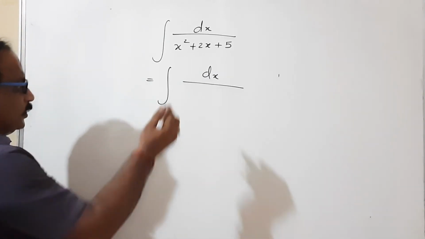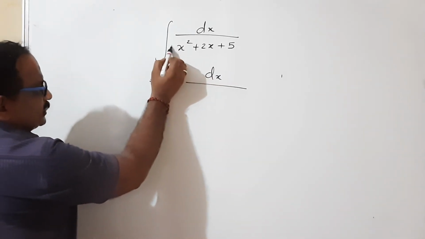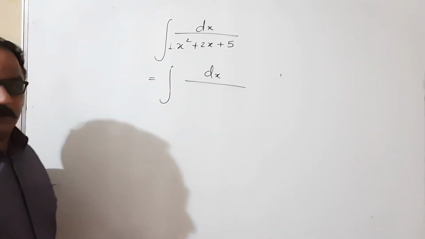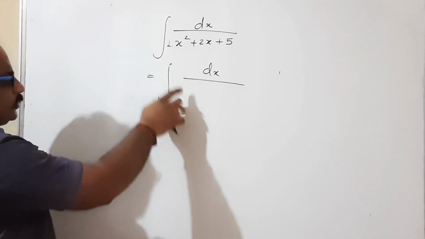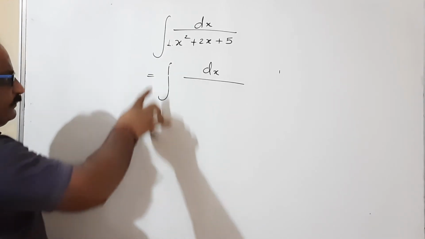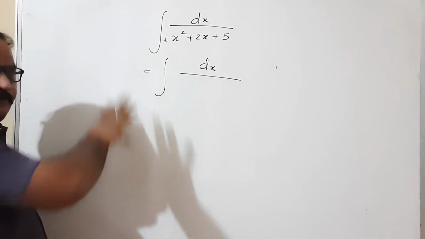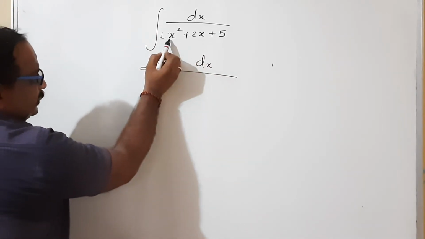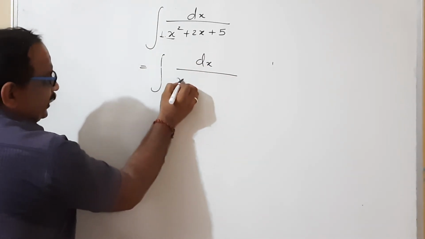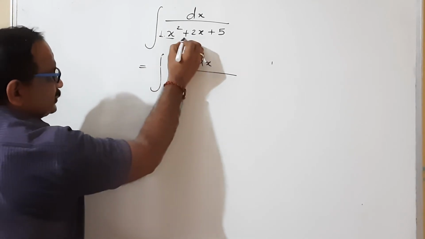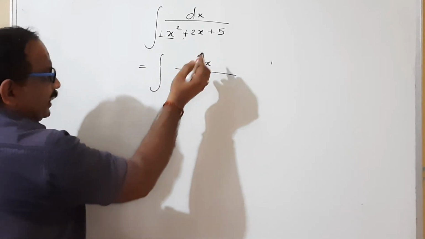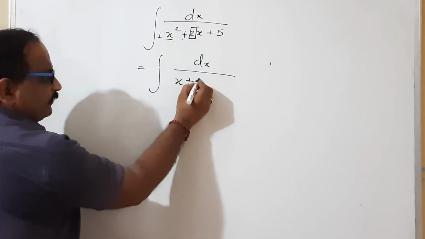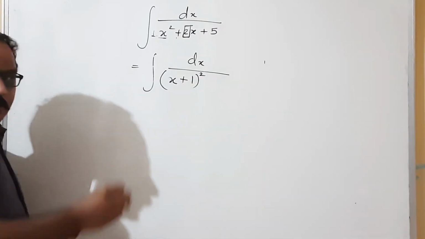How can we do it? The coefficient of x square must be 1 every time. If it is not, then we should take it out. Fortunately in this question it is 1. If it is 2, then I should take 2 outside the frame. Fine. Afterward what will happen? That is x square, so I should take x. Here is plus, so I should take plus. And then what is the term along with x? Half of that should be there and make it square.